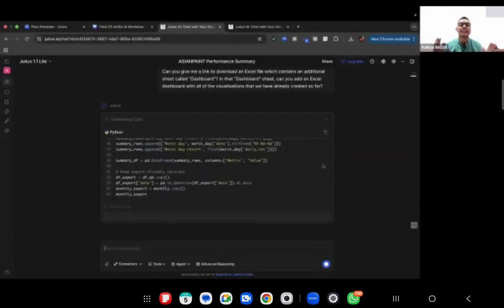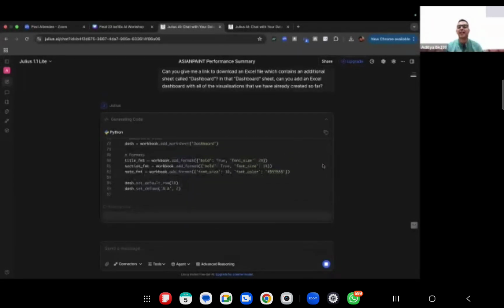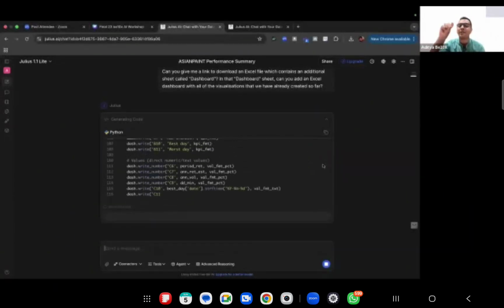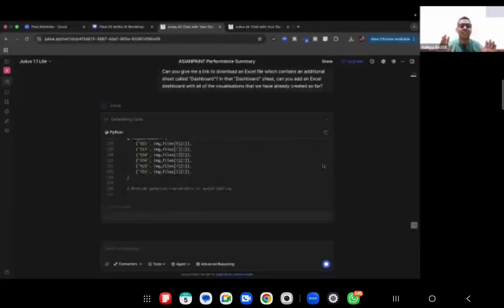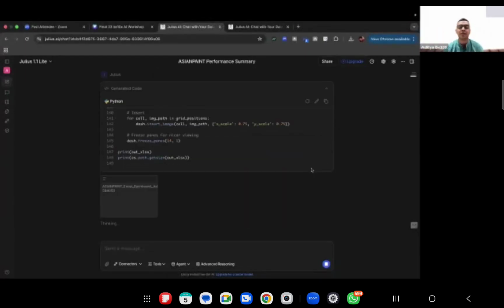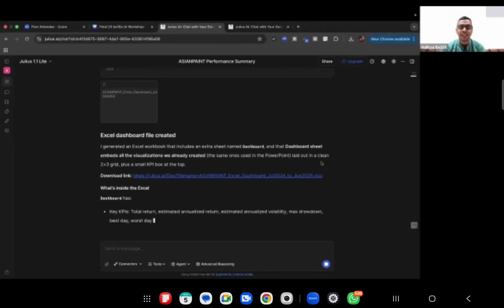How many of you feel that Julius is actually doing some sort of magic in the background and giving us the final version of everything that we are looking for? Drop in magic in the chat box if you think that it is actually doing some sort of magic in the backend. Magic? Yes. Let's see if it is able to help us with what we are looking for.